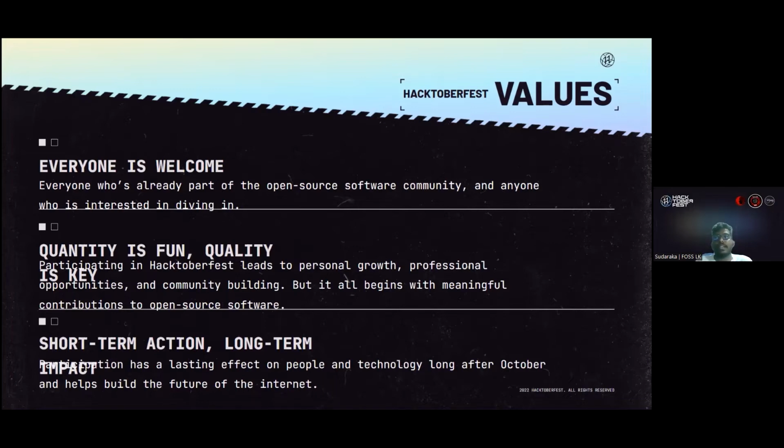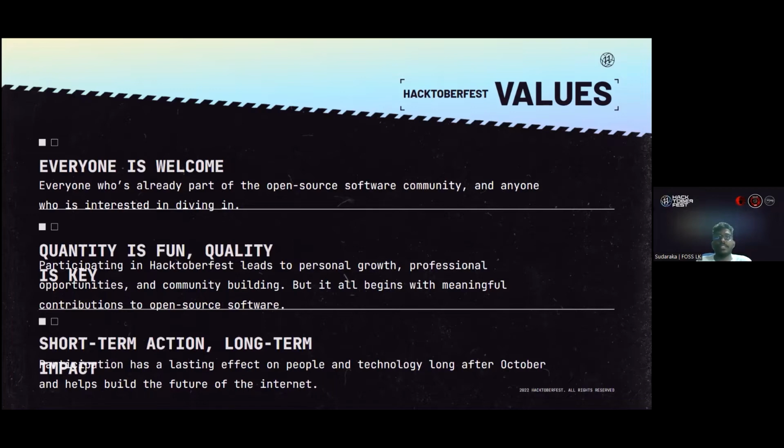The second and most important value of the Hacktoberfest event is that quantity is fun, but quality is key. Because we can contribute multiple useless things to the internet. But if you are committing something good and valuable, it will definitely be valuable for others as well. So when you contribute to Hacktoberfest, always keep in mind that your contribution should be of quality level.